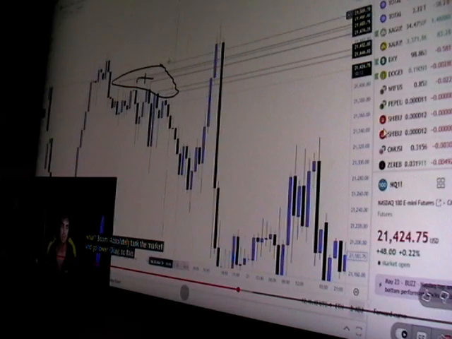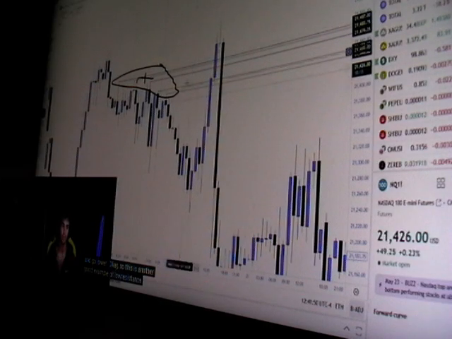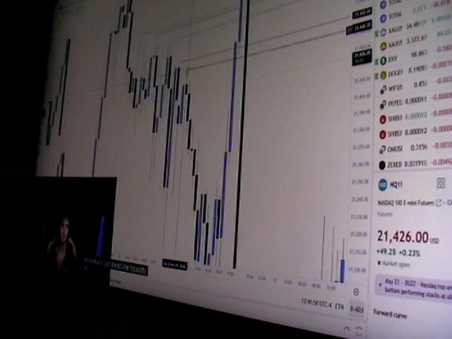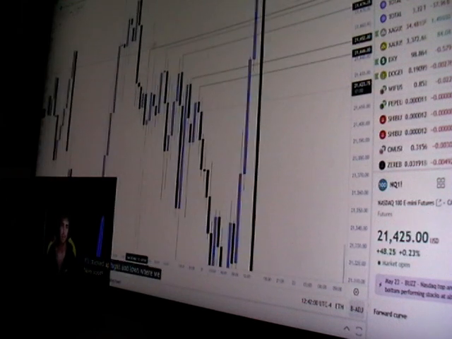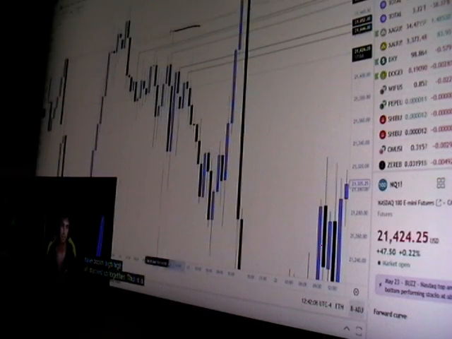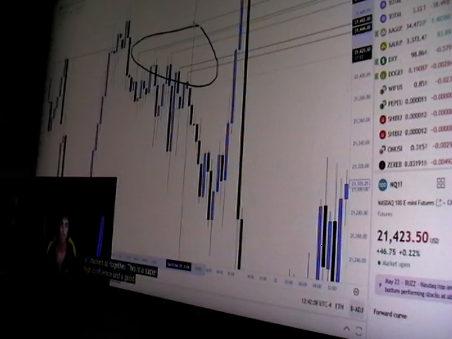Lower. Okay, so this is another good example of low resistance liquidity. Low resistance liquidity is essentially just trendline liquidity. It's stacked up highs and lows where we have high, high, high, high, high, all stacked up together. This is a super high confluence and a good draw on liquidity.